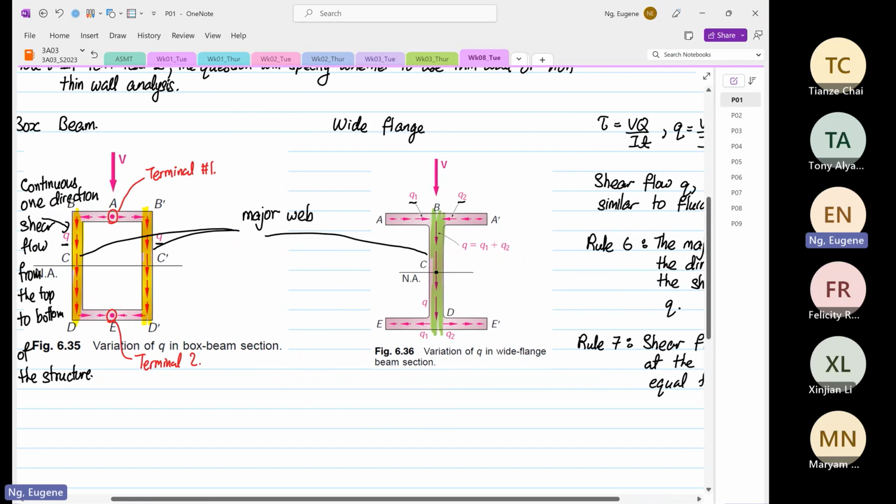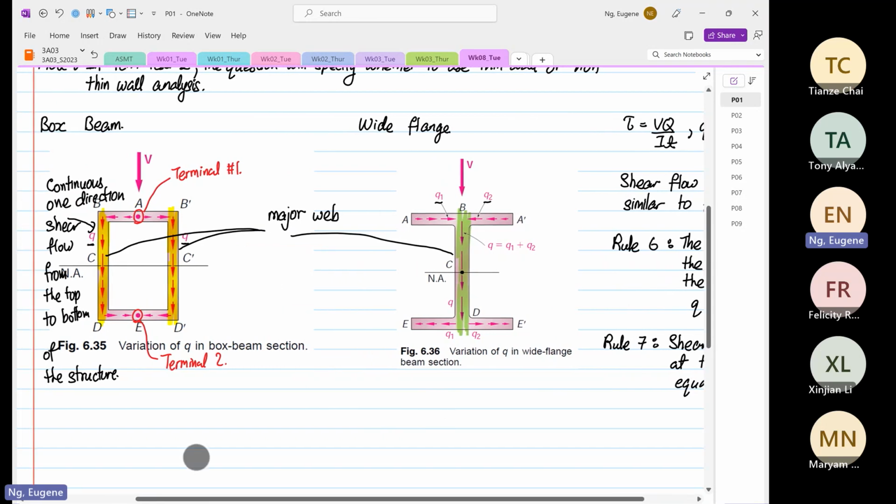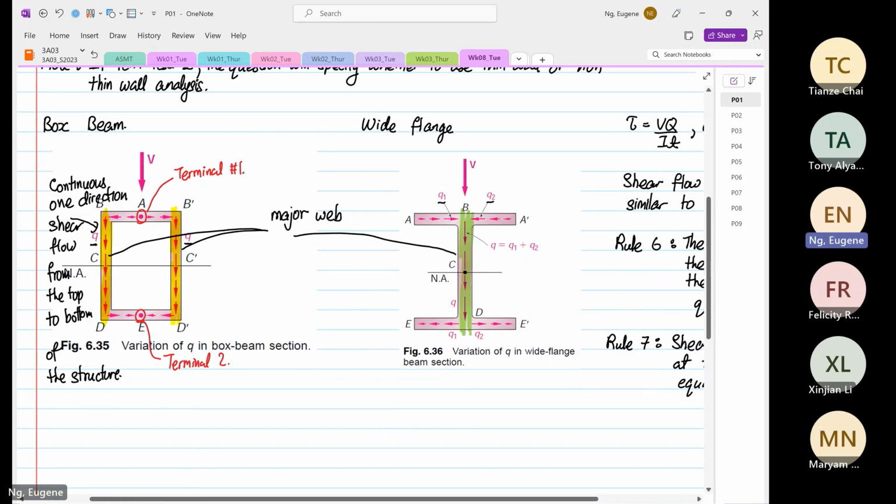Now, let's look at the left-hand side, the box beam. You have two terminals, terminal 1 and terminal 2. Why do we call it the box beam? Because it looks like a box. And for a box beam, if we look at the top of the centroid